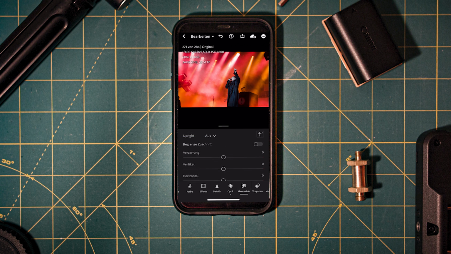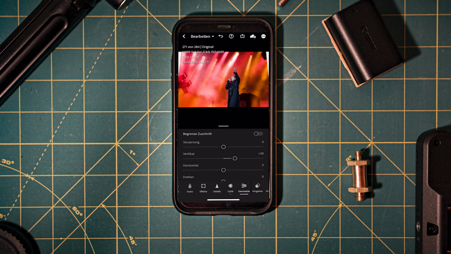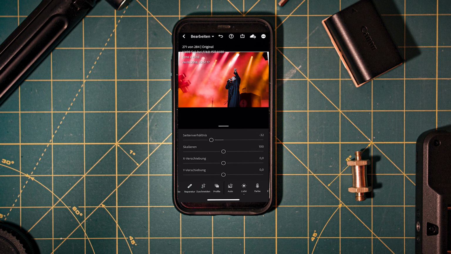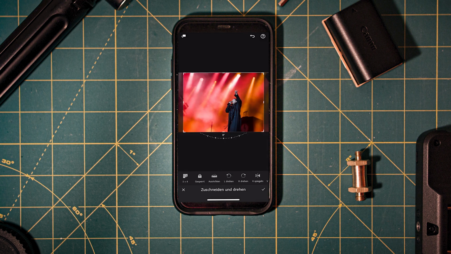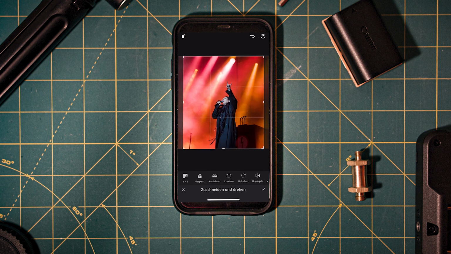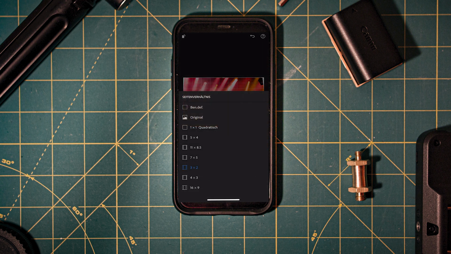Right, moving along, not to color, but to geometry. I think the photo has the typical perspective you get if you're in the photo pit. So I try to counter that by manipulating the geometry and scaling it accordingly until I'm happy. You see the white corners on the outer edges, that's why I need to rescale and recrop. And I just cropped to, I think 4x5 it is, yes, 4x5, so it's the classic Instagram crop. So right now you can see I'm trying to align the podium in the background with the grid and make it more